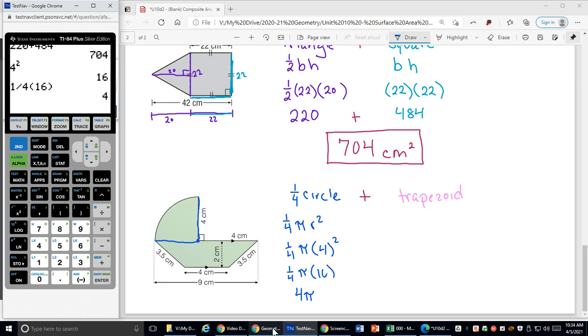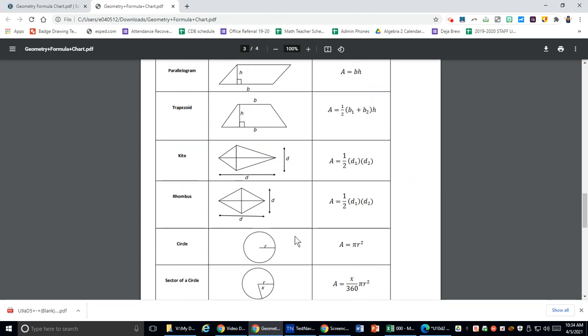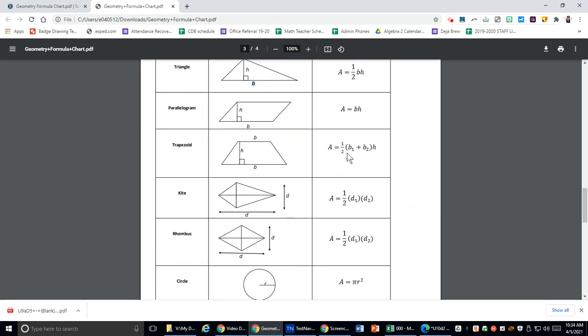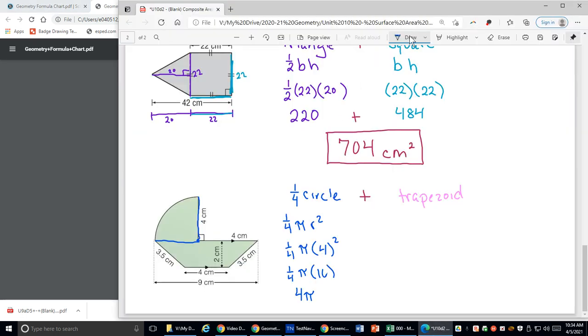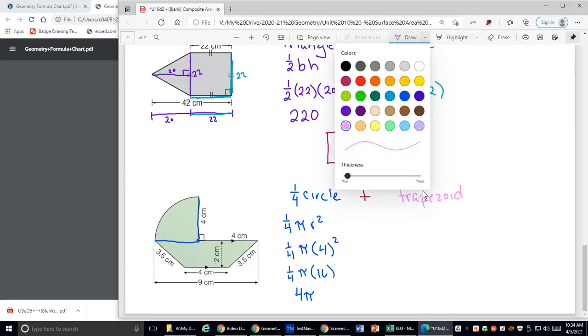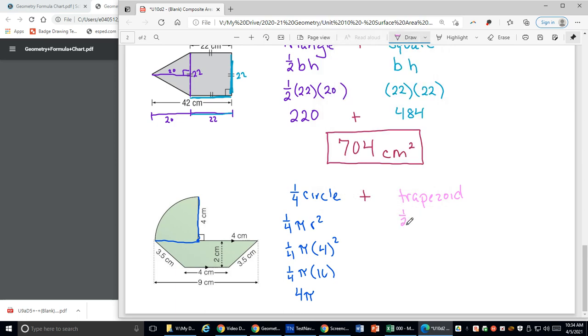Now let's look at the trapezoid. If we forgot our trapezoid formula, we have our formula chart. 1/2 my 2 bases added together times my height. 1/2 base 1 plus base 2 times the height. So that's going to be 1/2. Let's find our 2 bases. So one base is 4 units long,